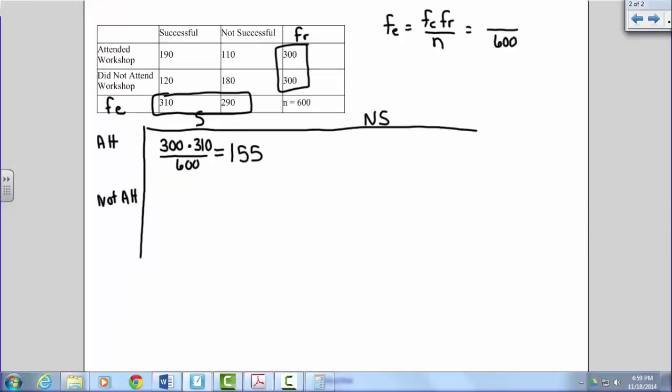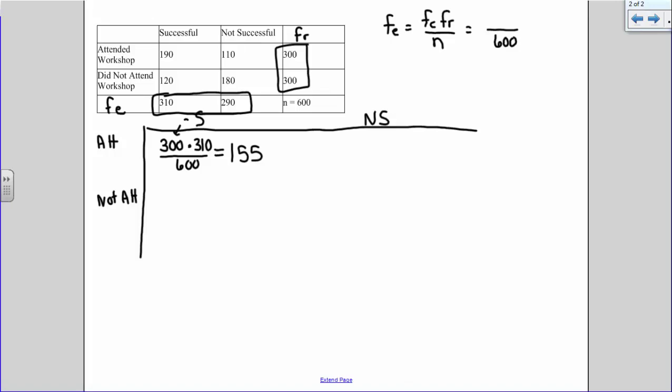Then the next one. So we're still working with the same column. We're going to have a different row. So now we're going to have for our column, and this is actually the frequency row. I did them a little bit backwards. Sorry about that. Okay, so now we have 310 times